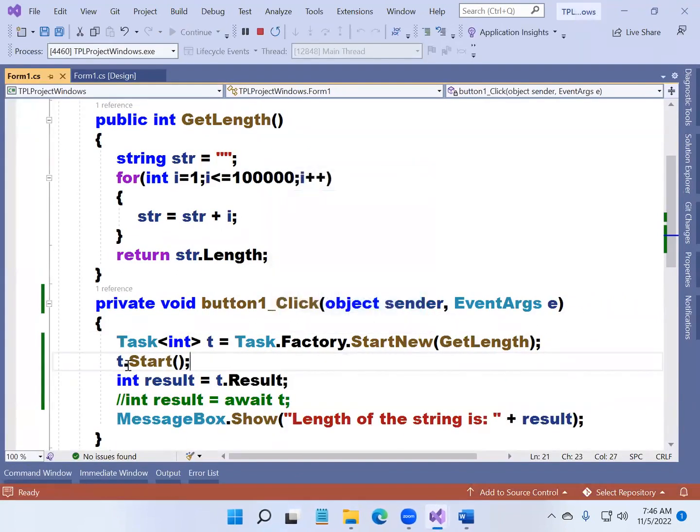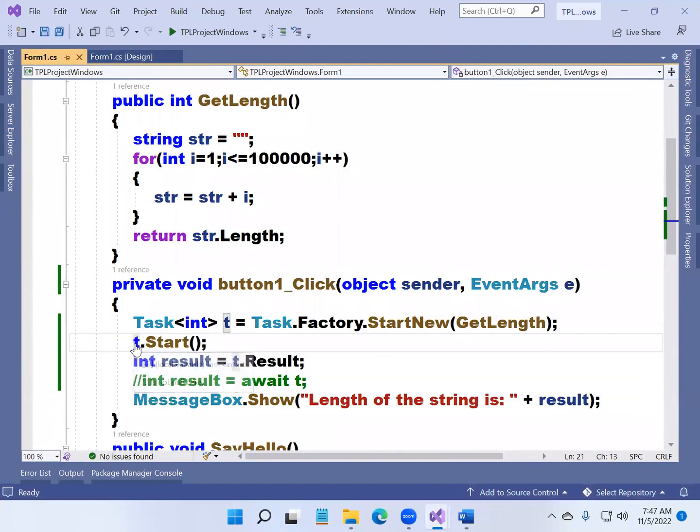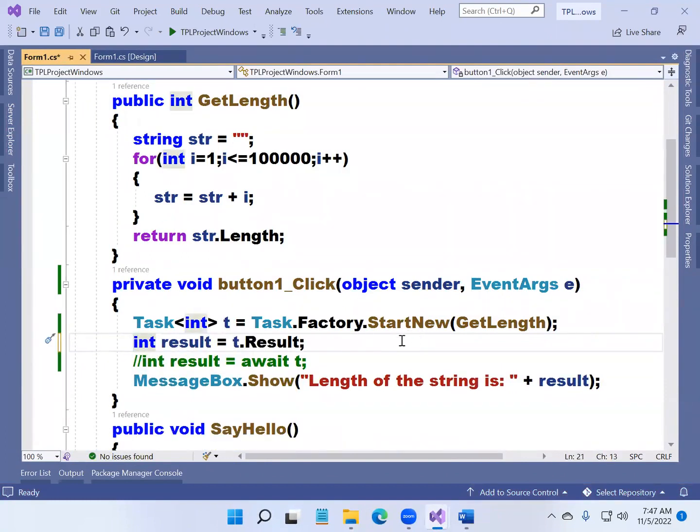Oh, sorry guys, the mistake is not that. Already we call start new. Start new will start off the task automatically. So